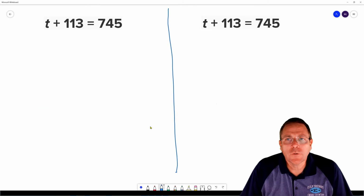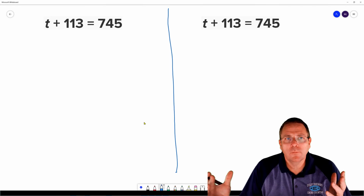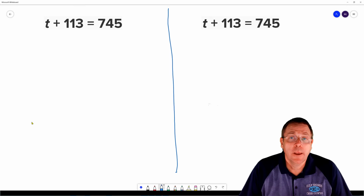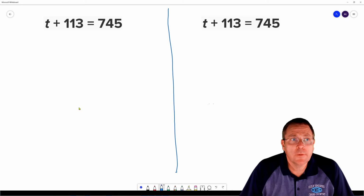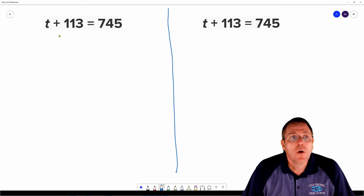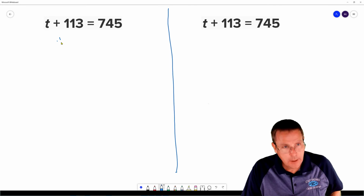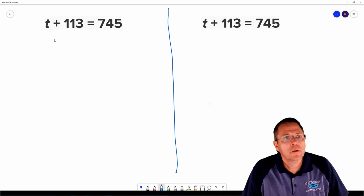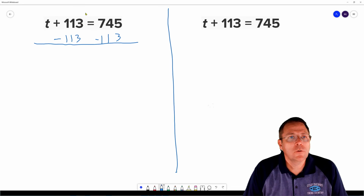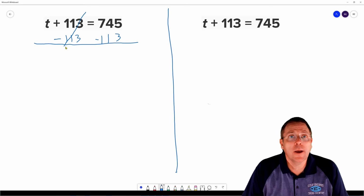Alright, it's my turn to do this. I'm going to go twice here because I want to show you 2 different ways to skin this cat. The first method is the vertical method that they've shown. Our variable is t, his friend is 113. 113 is adding itself to t, so we're going to subtract 113 from both sides. When we do that, the 113s on the left zero each other out,